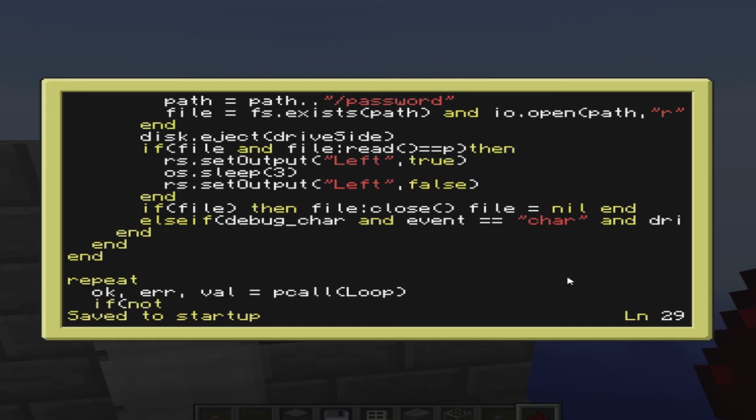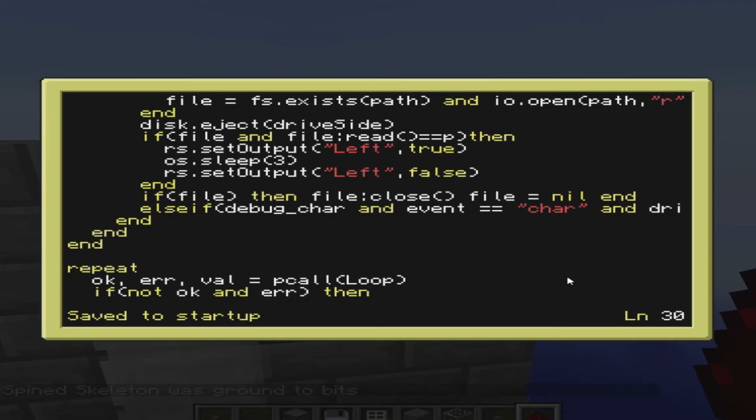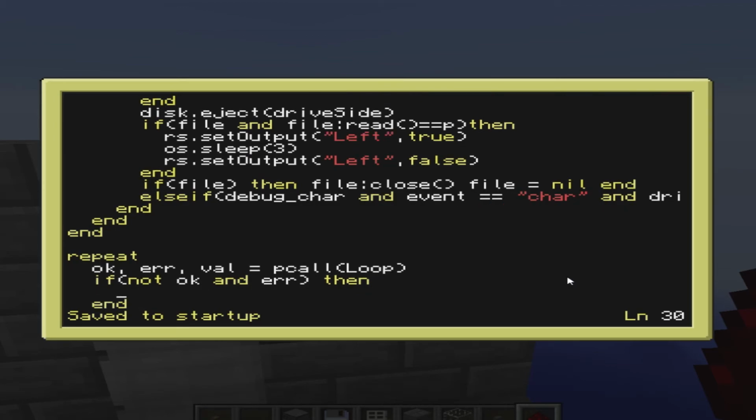If not ok, so if there's no ok, and error, then we have to do a little bit here. So another end in a little bit, and basically we have to check what the error is. If error is equal to a string, which is going to be terminated, then we're going to want to print, and you could change this string to whatever you want. Print access